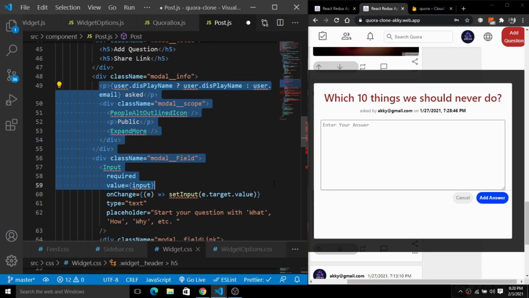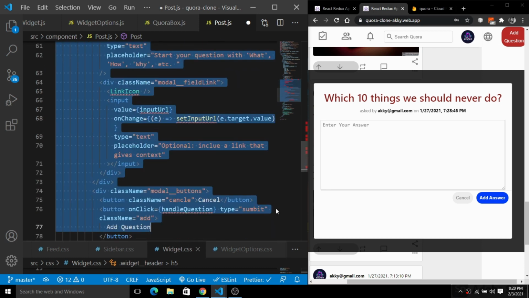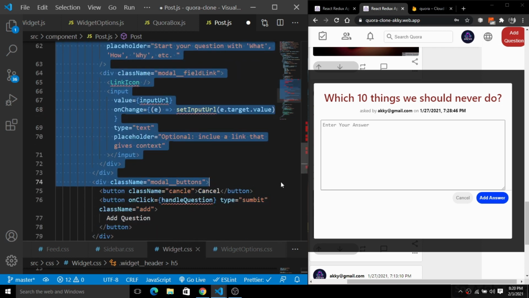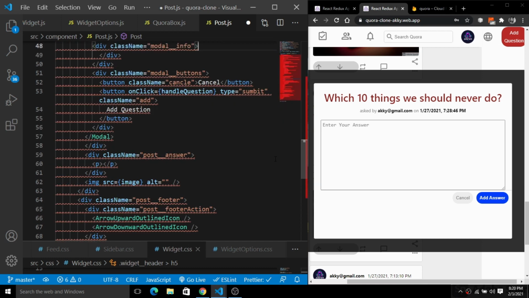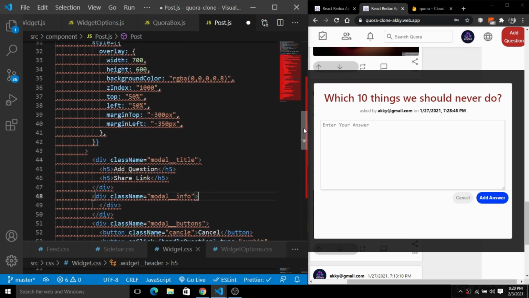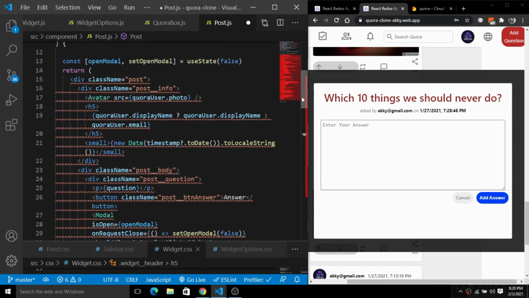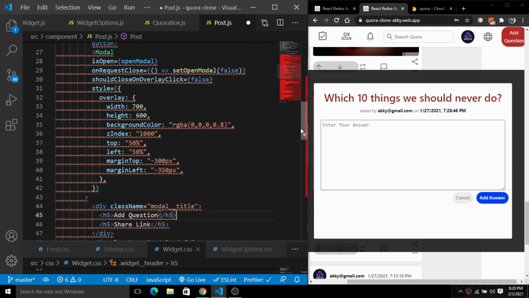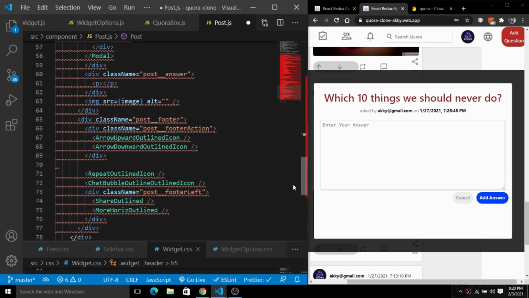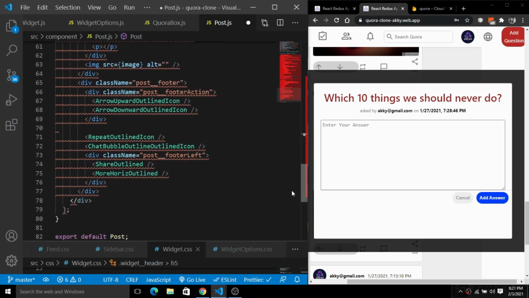Simply grab everything here, remove the buttons. So I'm going to simply delete these things here. Next we have a modal info here. Inside of this, I think there is an error here. We have this div.